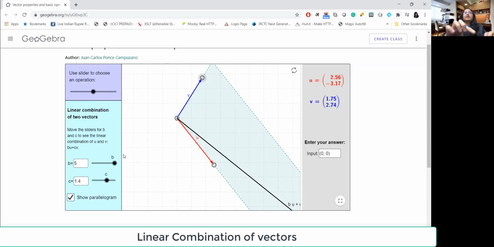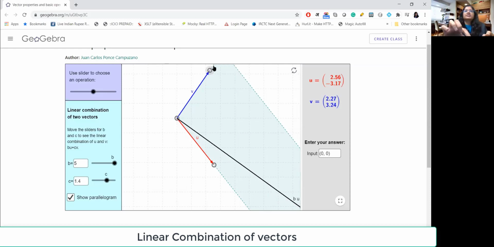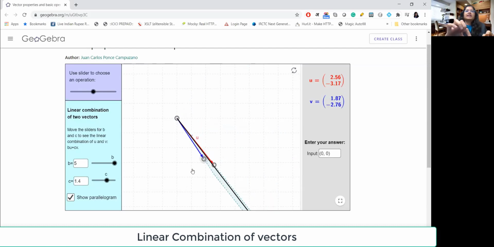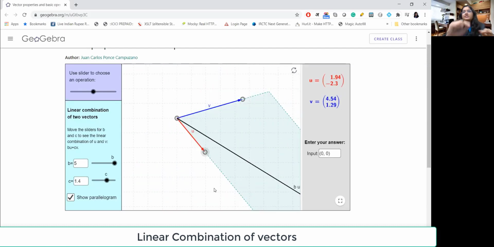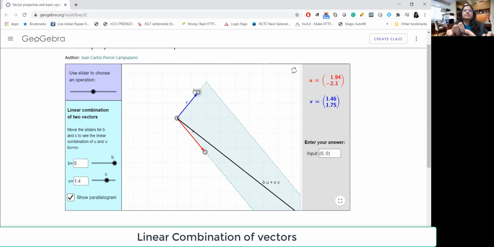Every possible point, right? We can stretch the vector, we can reduce the length, and we can rotate it so that we can reach everywhere in the plane. So this is one point to note. I want to show you a few more things before I move ahead to the theoretical definitions, but I want to show you here some of the animations.